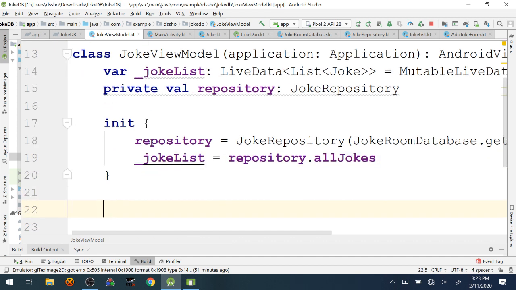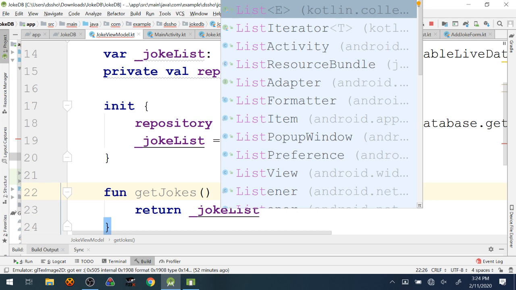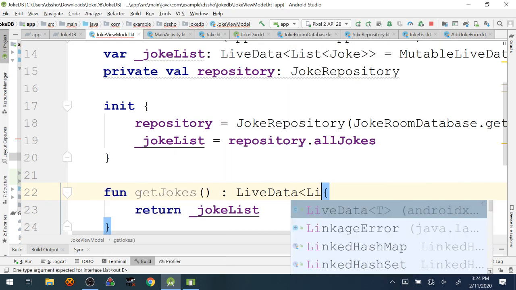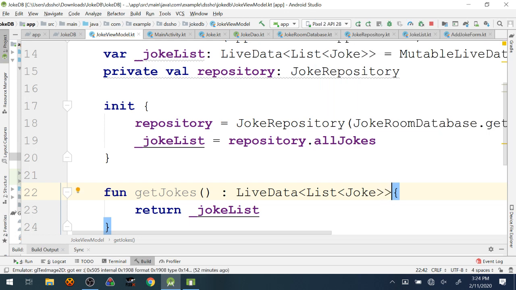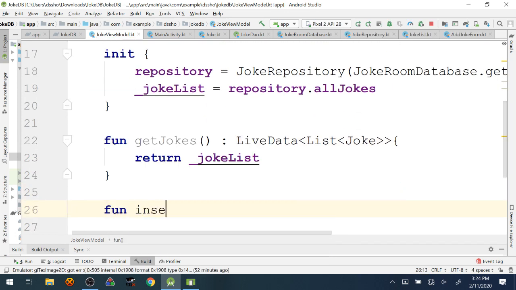And from there, we just have a couple of data access functions for the view model, one for getting all of the jokes, one for inserting jokes, and one for deleting jokes. I forgot a return type here. Not a list, a LiveData list of Joke. These are very simple.